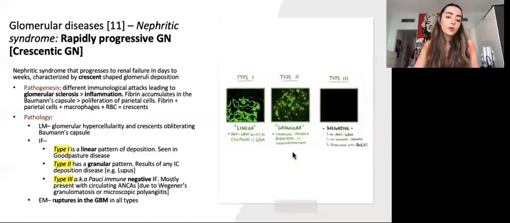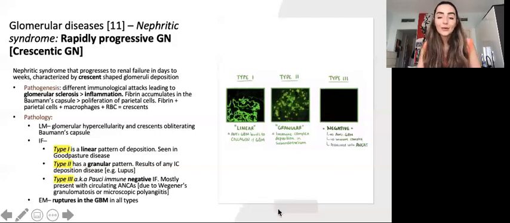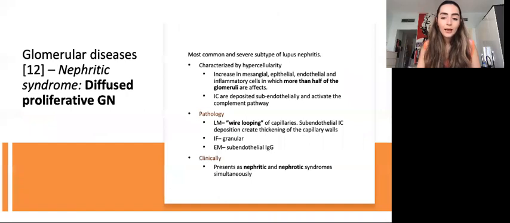And then on the electron microscope, you have ruptures of the glomerular basement membrane in all three types. So that was rapidly progressive glomerulonephritis. I hope it was a good review. Then we have